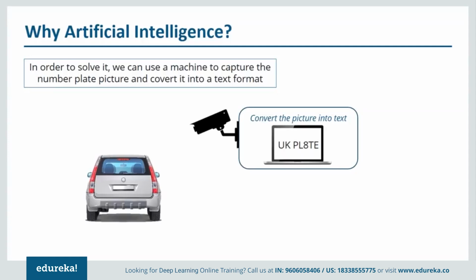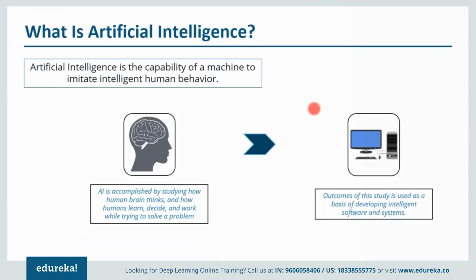Let us move forward and understand what exactly is artificial intelligence. I know the word sounds pretty complex and there are a lot of Hollywood movies based on artificial intelligence. If you have seen Terminator or Matrix, all these movies are based on artificial intelligence, but you don't need to worry about it because till now we haven't reached that level as they have shown in movies like Terminator. But yeah, the concept is pretty similar.